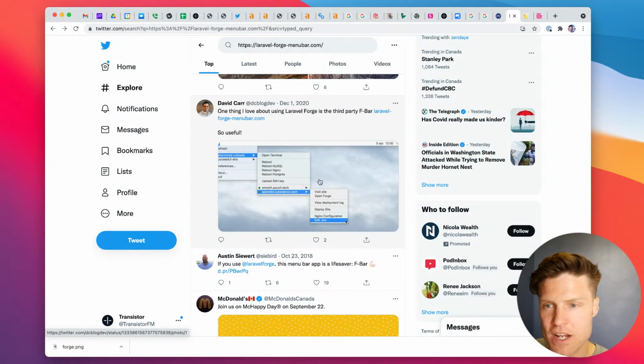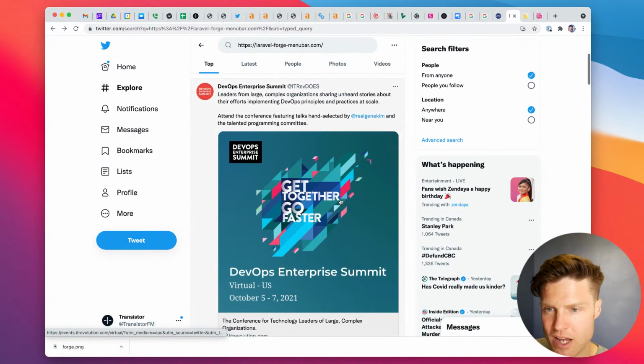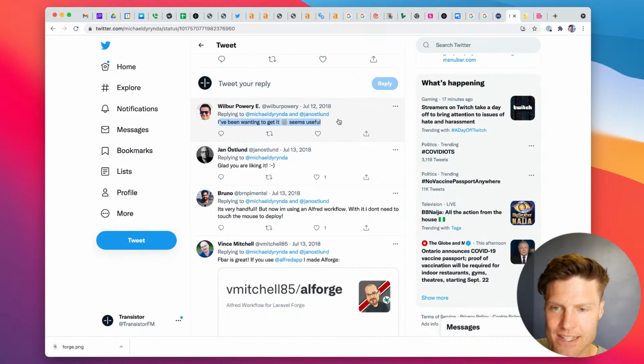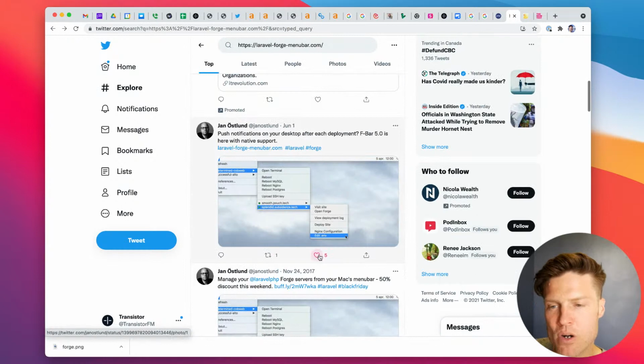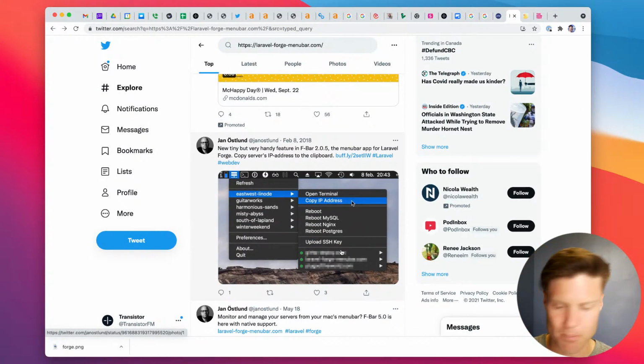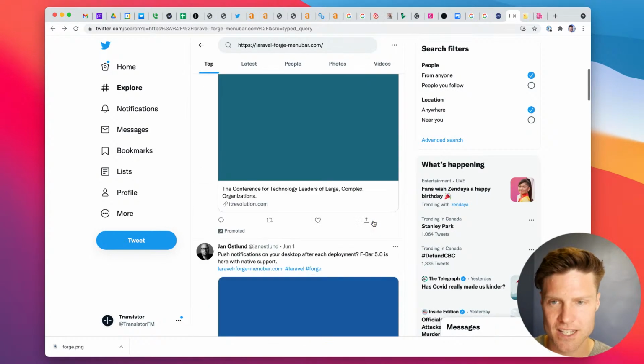What makes someone go from this person here, I've been wanting to get it, seems useful, to I got it and it's super useful? That's what we want to know. What motivated them to get it? And hopefully what you're looking for isn't people that did it because they wanted to support you, you want people that are like, oh man, I was just like